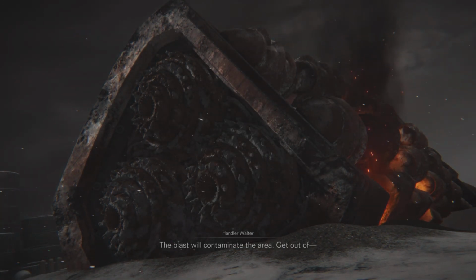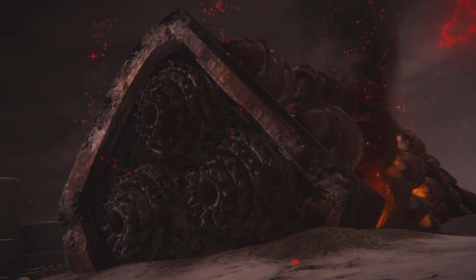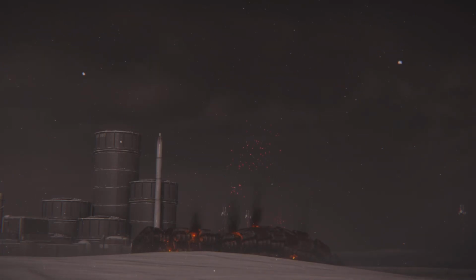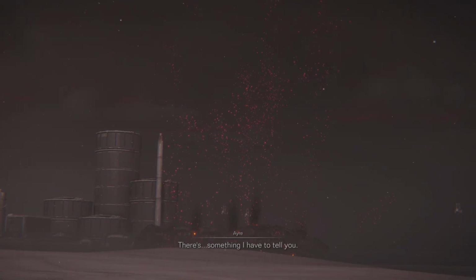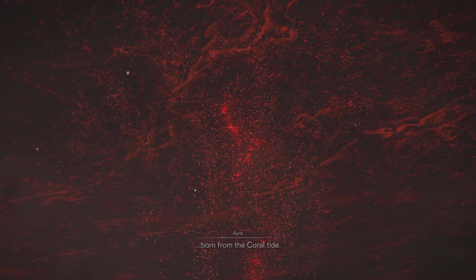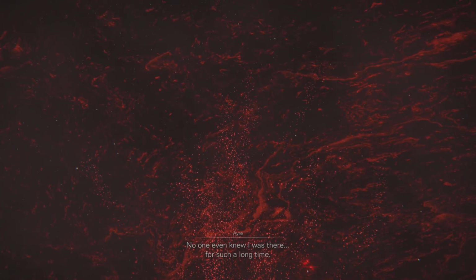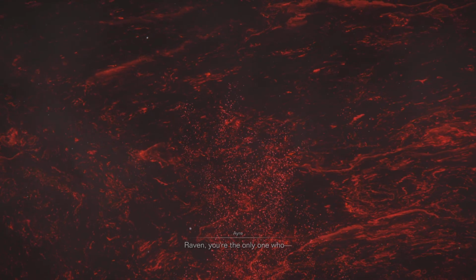The blast will contaminate the area. Get out of... Coral voices. Lost again. Raven. There's something I have to tell you. The coral. It's my family. My brothers and sisters. I am but a single wave. Born from the coral tide. A Rubiconian without a body. No one even knew I was there for such a long time. Raven, you're the only one who...